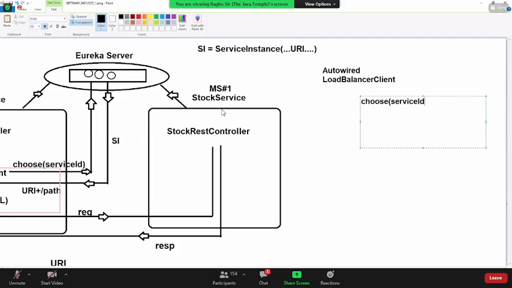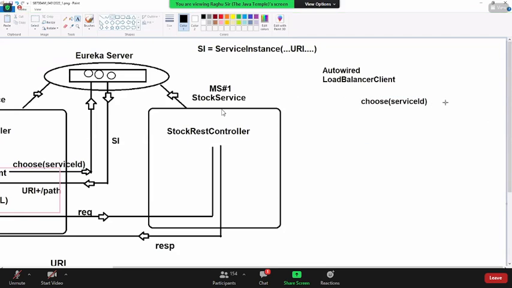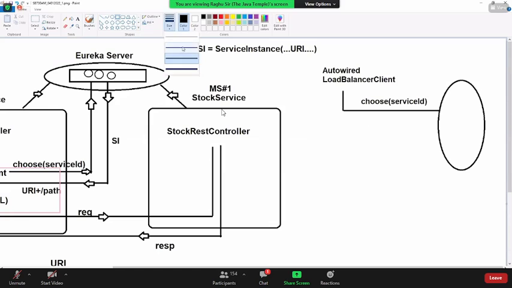Pass service ID. It will go to Eureka and it will get the instance which has less load. That will get one instance which has less load.